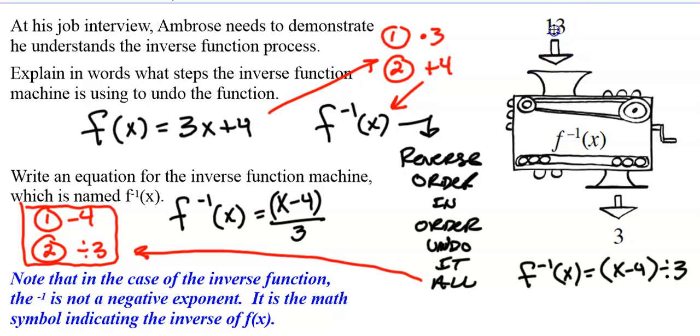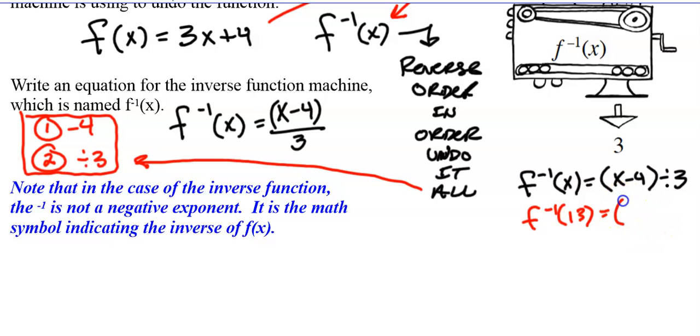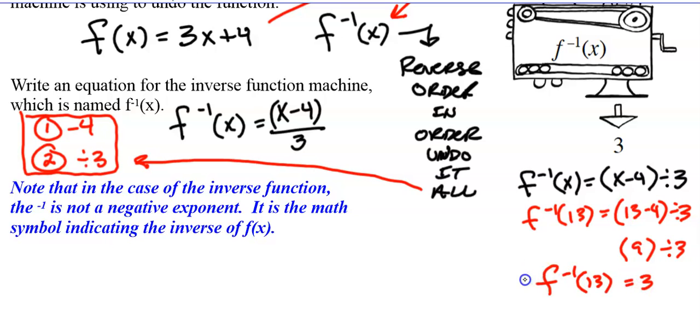And so let's see if that actually works. So if x is 13, if we put 13 in here, so the f inverse of 13 is going to be 13 minus 4, which is 9, and 9 divided by 3 is 3. So let's just work that out and see if that works. So that becomes 13 minus 4, then divide by 3. And 13 minus 4 is 9, and 9 divided by 3 is 3. So the f inverse of 13 is 3, and that checks out,